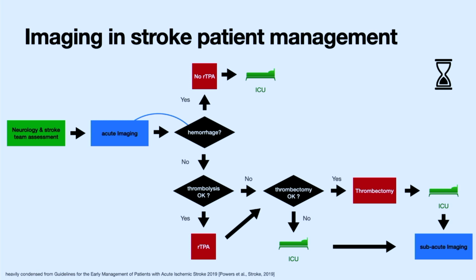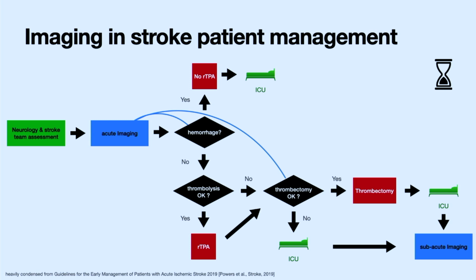If you have no hemorrhage, so this is ischemic stroke, then you follow the pathway at the bottom. So you check whether you can give thrombolysis, and this is just an anti-clotting agent, an anticoagulant, if you want. And then you also check the imaging again to see if the patient is eligible for thrombectomy. If they are, so this is just mechanical surgery, you remove the blockage, and the patient gets much better. And this has dramatically, over the last 10 years, improved the life of patients. This is really life-saving therapy that has really been enabled in part by imaging.